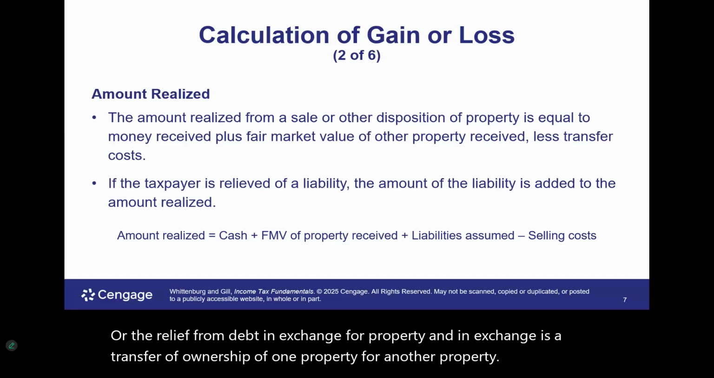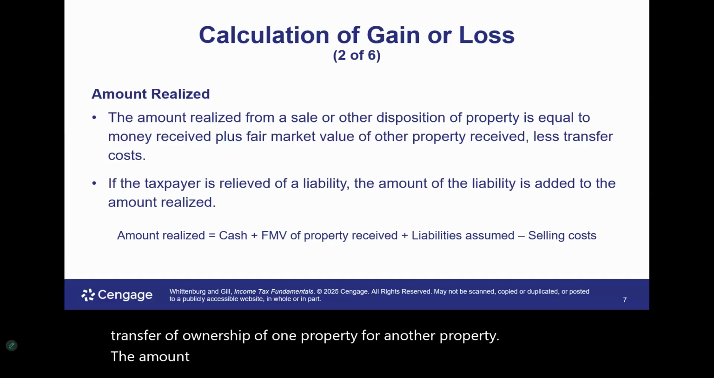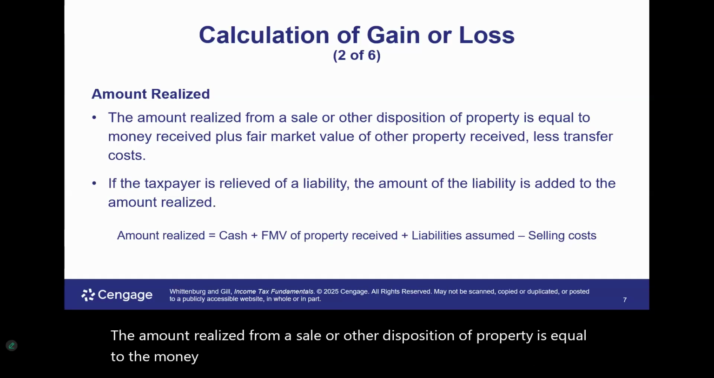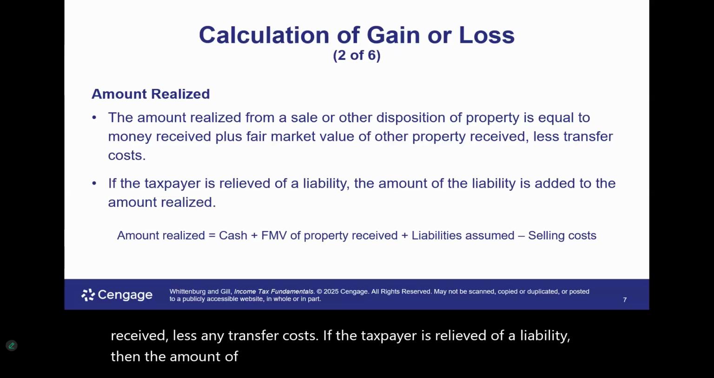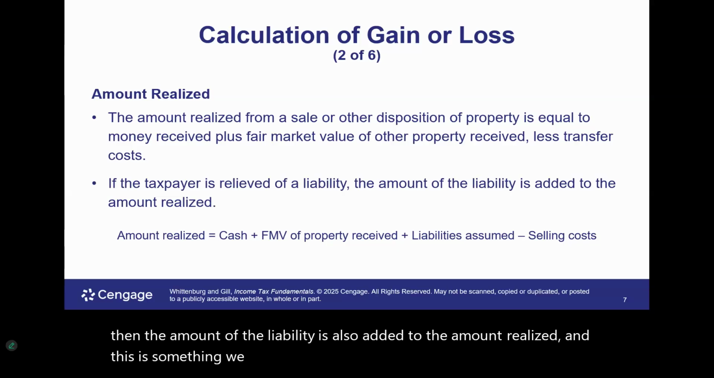The amount realized from a sale or other disposition of property is equal to the money you received plus the fair market value of any other property received less any transfer costs. If the taxpayer is relieved of a liability, then the amount of the liability is also added to the amount realized. And this is something we also see in the